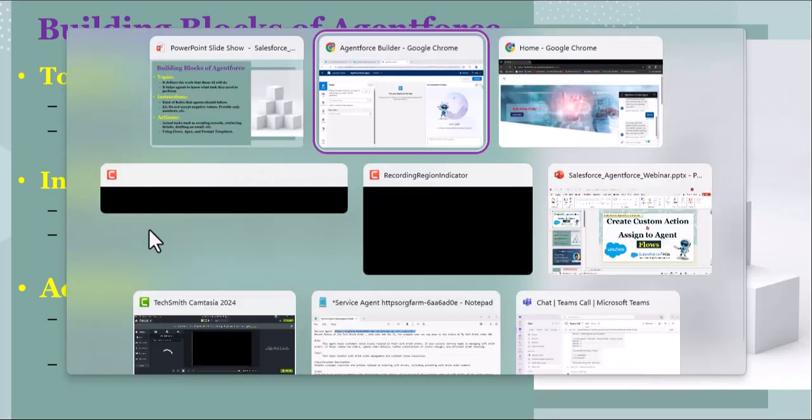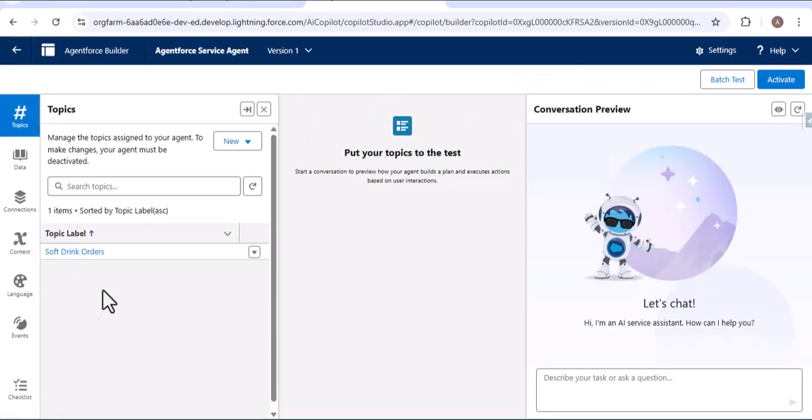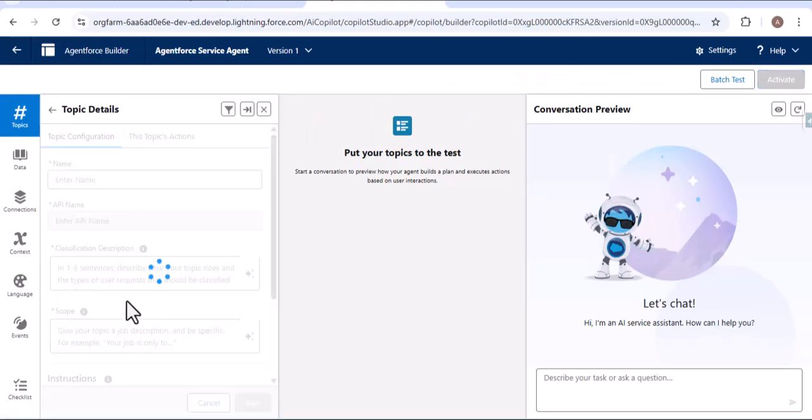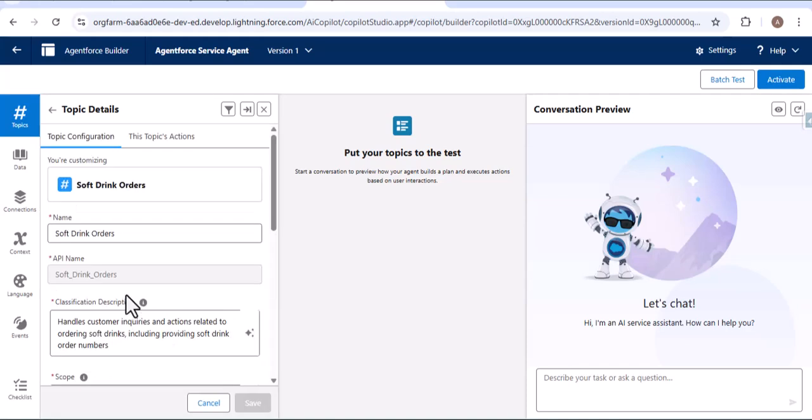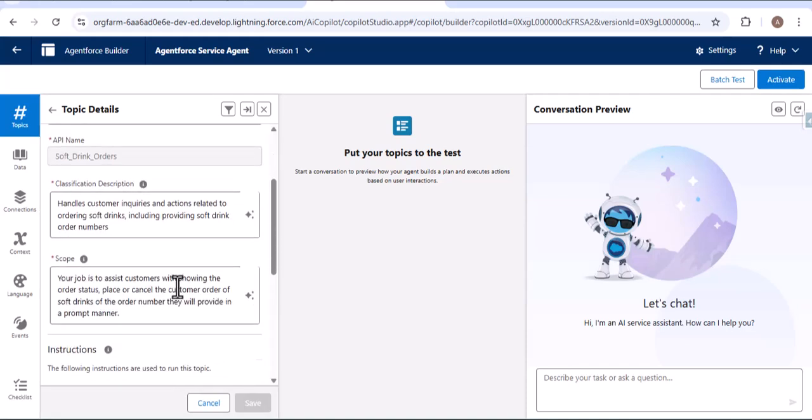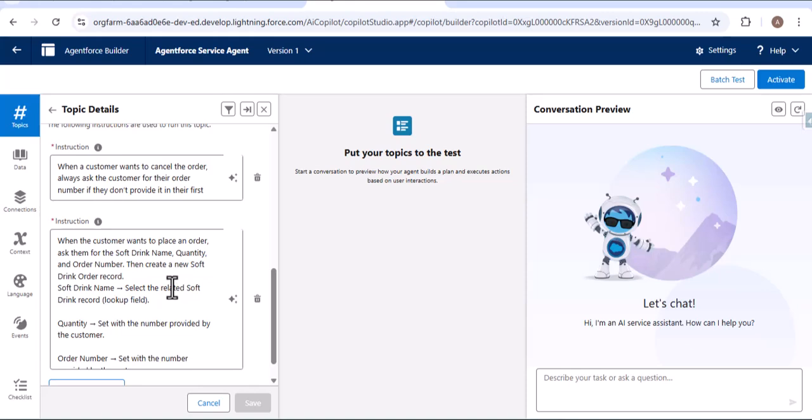So let me show you again. So here we have created the topic. As I open this topic, inside this topic we need to provide the instruction for this agent. For example, as I scroll down, here you can see, here I have provided an instruction. Instructions are nothing but the rules for that agent. What is this instruction? When a customer wants to cancel the order, always ask the customer for their order number if they don't provide it in the first